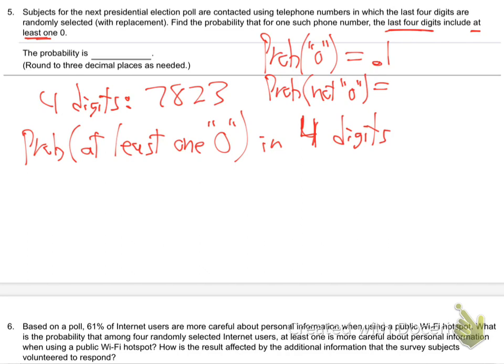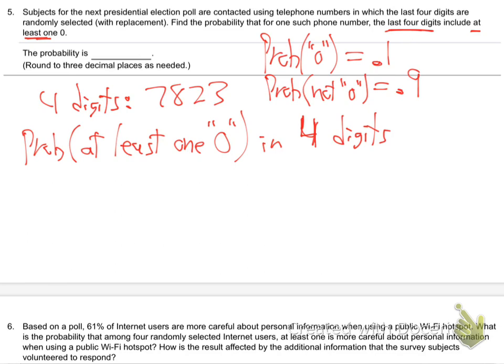The chance of rain tomorrow is 0.1. What's the chance it's not going to rain? 0.9, right? That's the opposite. If the chance a digit is 0 is 0.1, the chance it's not a 0 is 0.9. That makes sense because there are 9 other digits out of 10. 0.9 is 9 tenths, isn't it? See how these fractions and decimals are all telling the same story? They're singing in harmony. Are you hearing them saying the same story?